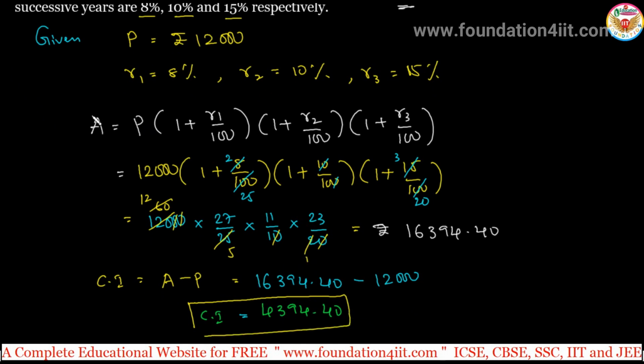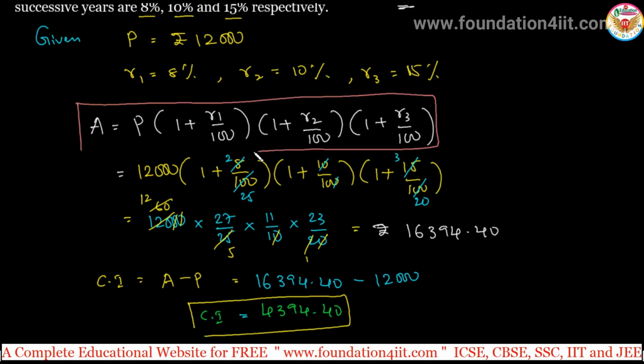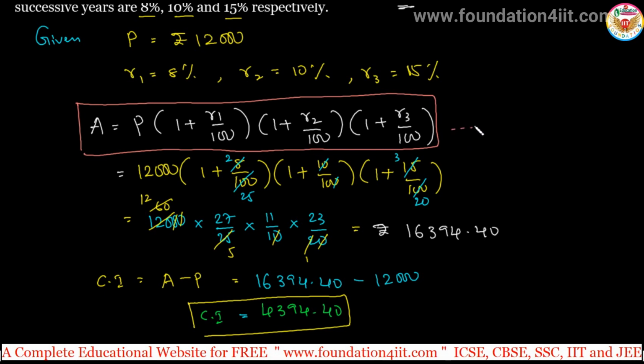The main thing is we have to apply this formula clearly. Amount is equal to P, the same P, in the bracket 1 plus R1 by 100, into again 1 plus R2 by 100, into 1 plus R3 by 100, and so on. Because of 3 years, we take 3 times. 4 years is 4 times, only 2 years means 2 times. We will not keep n as the power. Okay, so this is the way. And similarly for compound interest, we have to calculate the principal amount, time and rate of interest separately. Those types of calculations we'll also see now.